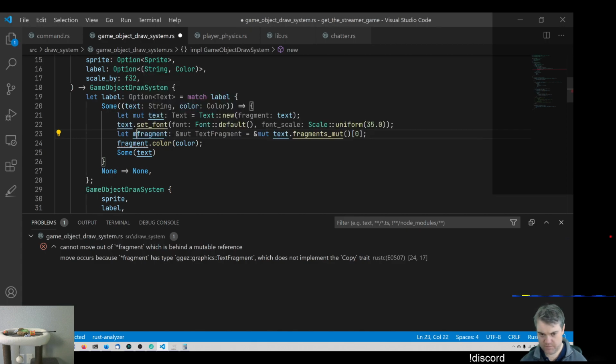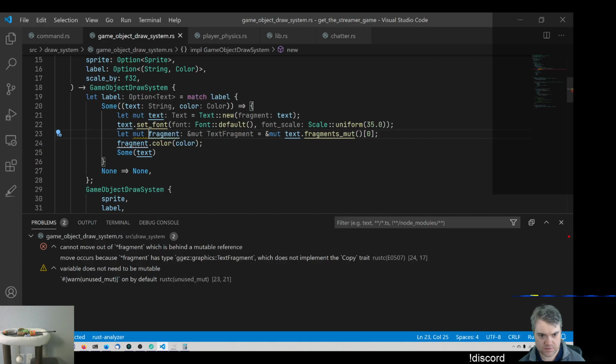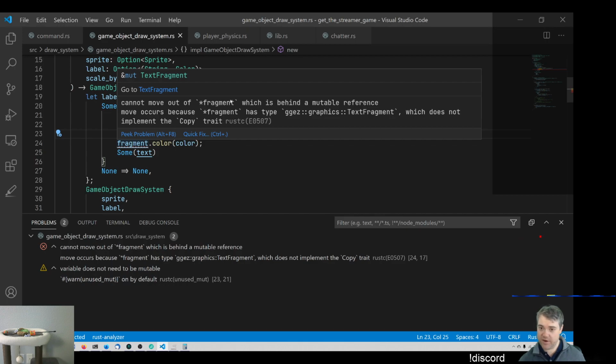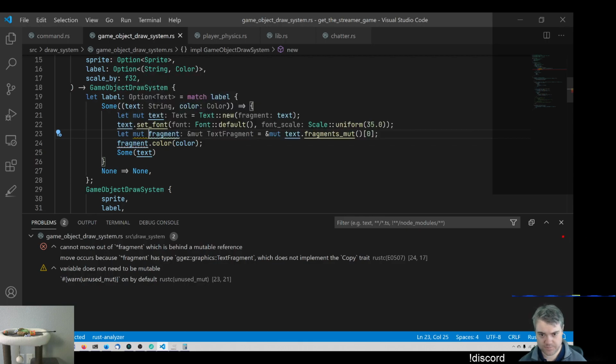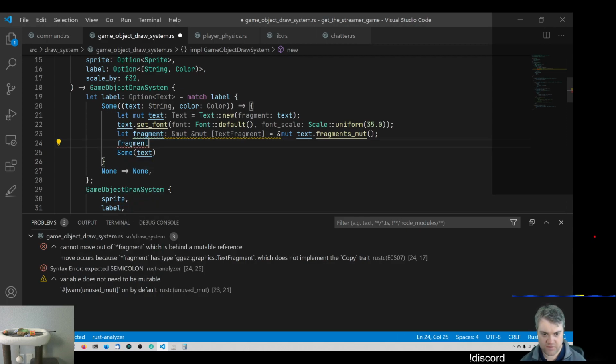So I don't think I need to tell you that you're mutable. No, I don't. So fragment: cannot move out of a dereference of fragment, which is behind a mutable reference. Move occurs because fragment has a type which does not implement the Copy trait. But I don't want to copy you. I want to mutate you in place. Okay, so if I do this, we get an array. Fragment